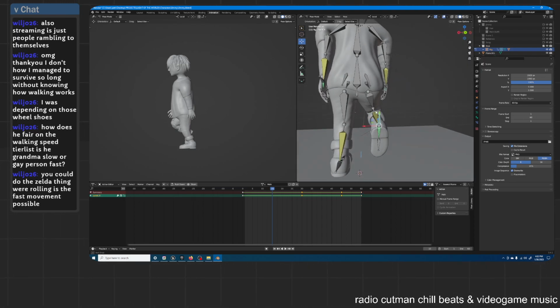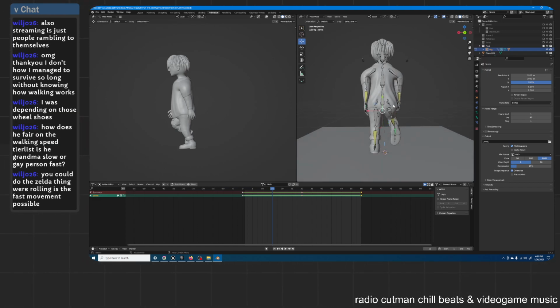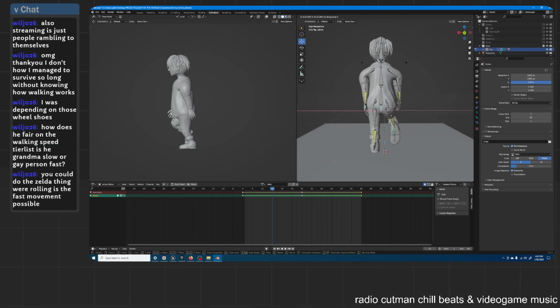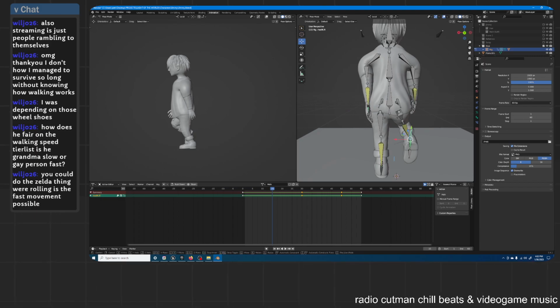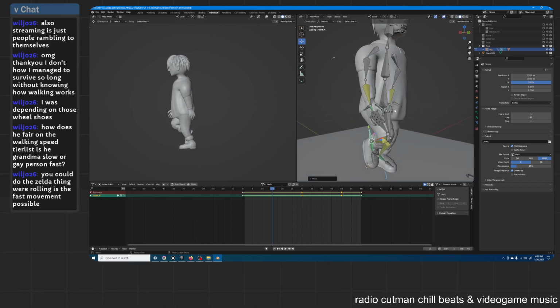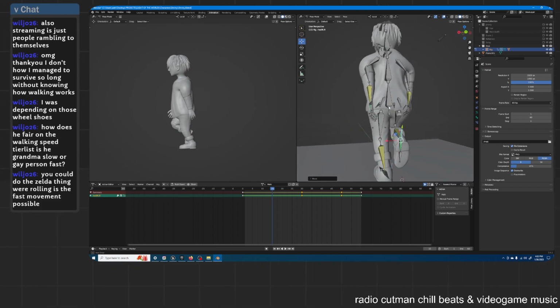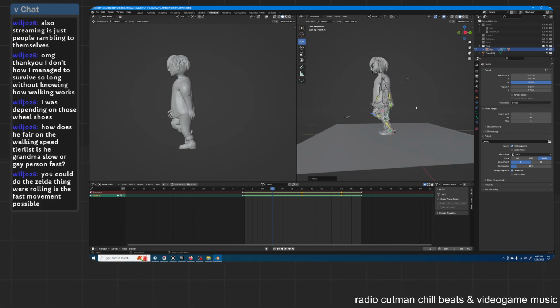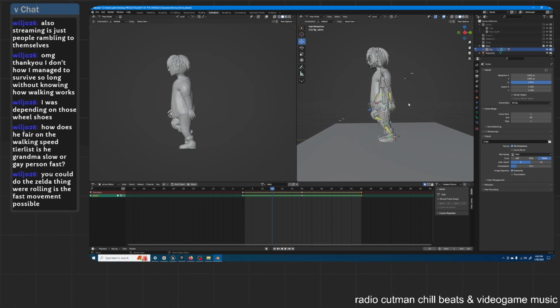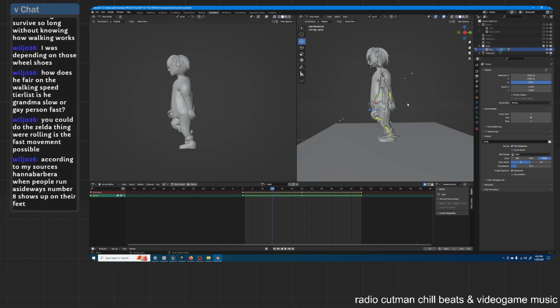And of course, there will be a dodge roll, but you'll also have that option to sprint as well. That looks good. You're able to move the pelvis up a little bit. And yeah,